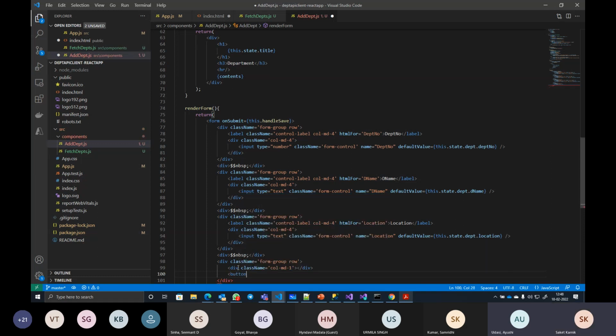Here I have a button of type submit. Class name btn btn-success col-md-3, with the text save.